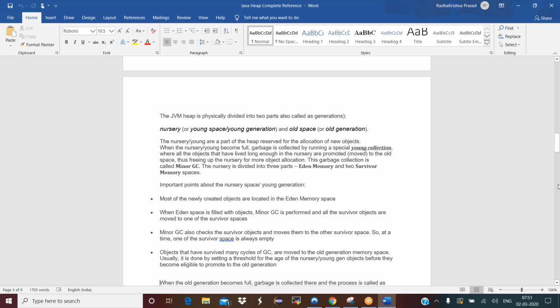Okay, so I already told you how much memory you can set for 32-bit and 64-bit JVMs for Windows and Linux. And if you take Java heap and garbage collection, as we know, many of the objects are created inside the heap, and garbage collection is a process which removes all the dead objects from Java space, and it will return the memory back. So all the objects that are created,